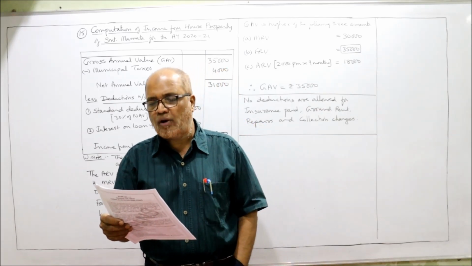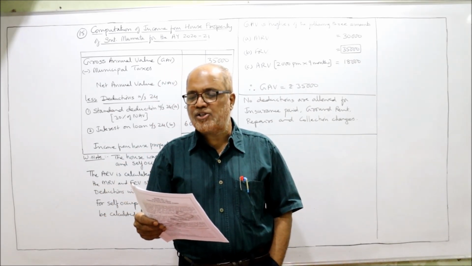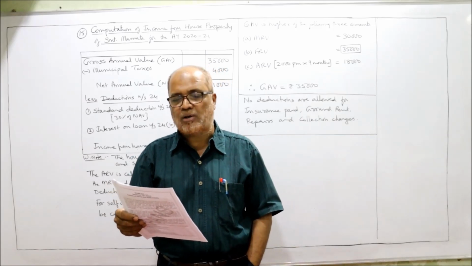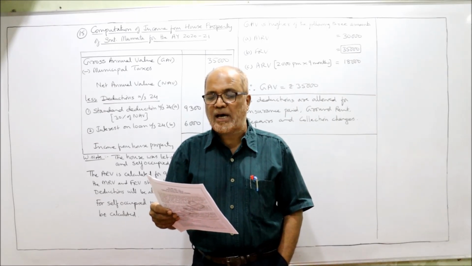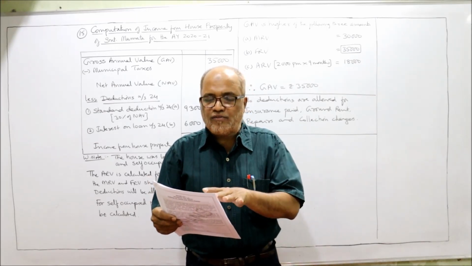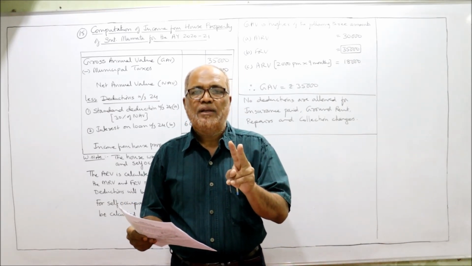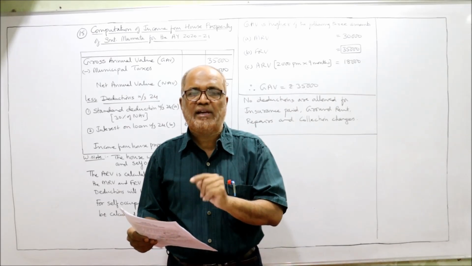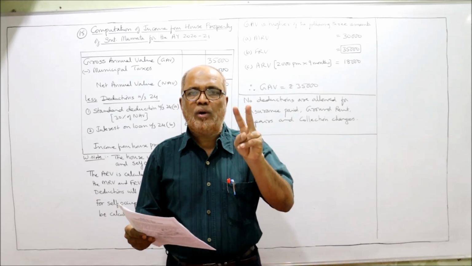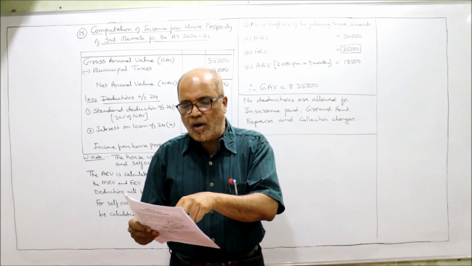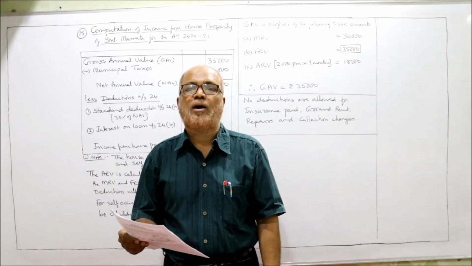Srimati Mamata incurred the following expenses. Municipal taxes 4,000, insurance 300, interest on loan taken to construct the house 6,000, ground rent 250, repairs 4,000, collection charges 500. Out of so many expenses she has paid, she will get the deduction only for 2. That is municipal taxes deduction she will get and also interest on loan taken to construct the house. Only these 2 deductions are allowed. Regarding all other ground rent, repairs, collection charges, insurance, no deduction will be allowed according to provisions of